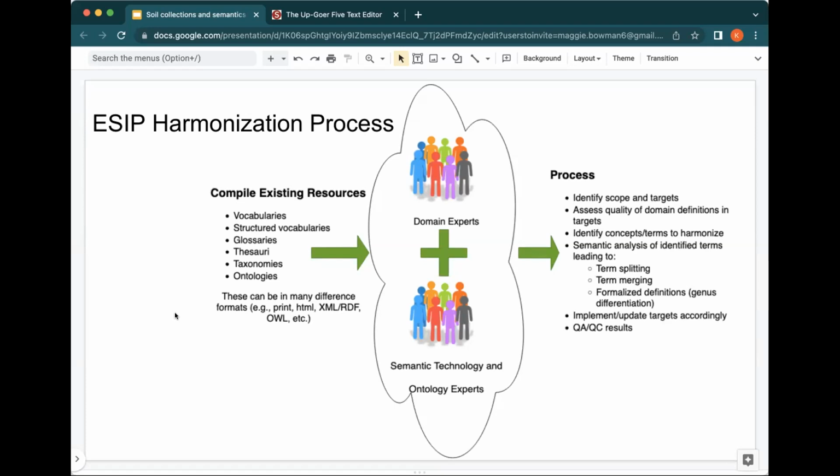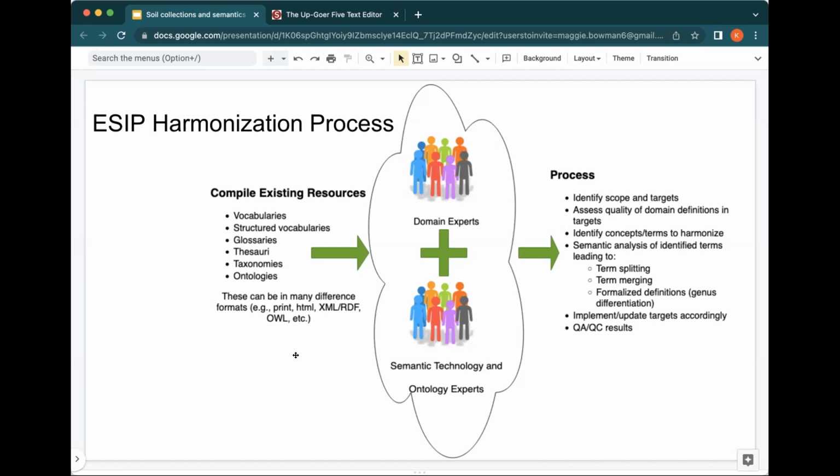Identify probably a subset of things that you're trying to harmonize, for example, top level terms from all of these different databases we were hearing about in the first half of this session. And then you do an analysis of those terms and those concepts, and that leads to some results, which you may need to update the targets that you're working on.